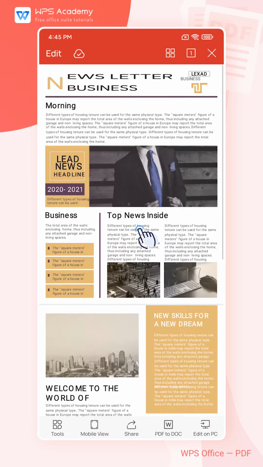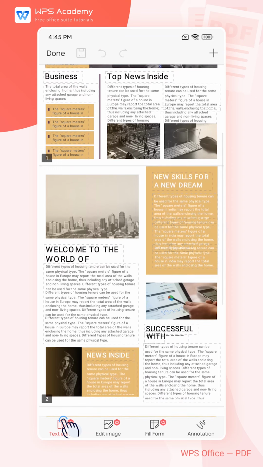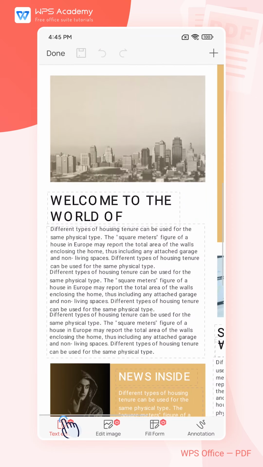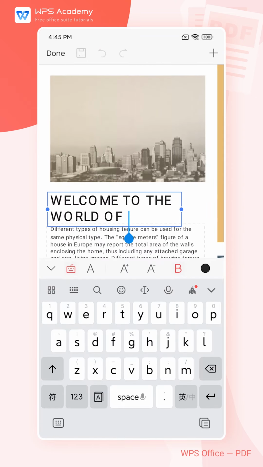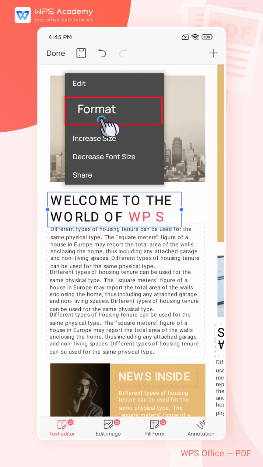Take this document as an example. Click Edit. In the Text Editor feature area, choose any text selected by the dotted frame. Then we can edit it. We can arbitrarily add or subtract text in the text box and modify text size, color, and other formats. We can also edit the entire text box